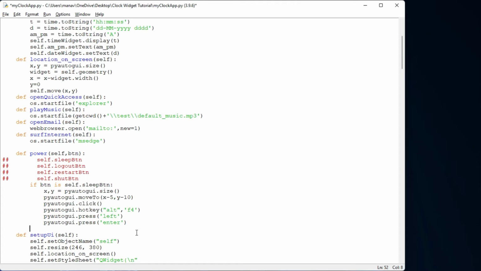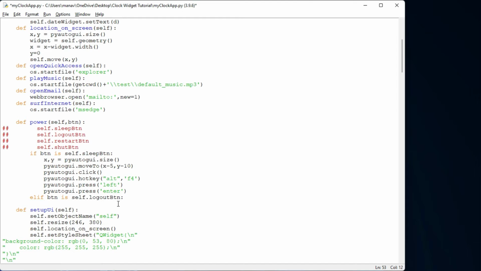Now let me check: I will use elif button is self dot logout button. I have a logout button, so I'll name it the same, logout button. Then what will happen? My computer will be in logout mode, right?